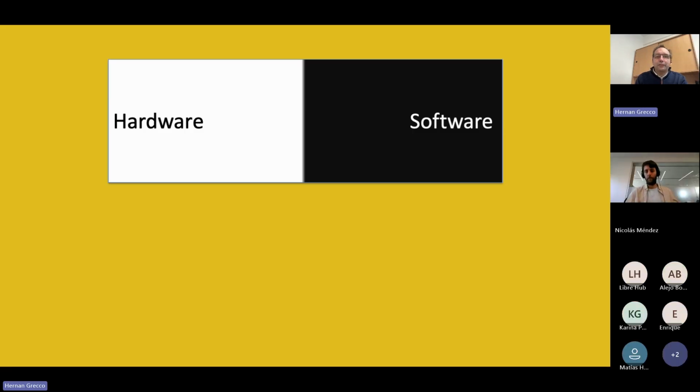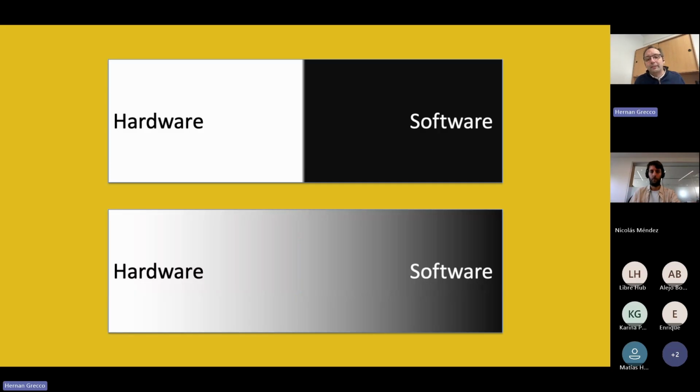So it used to be that we have hardware on one side, electronics, and software on another side, like the code that you write and is compiled to work on those electronics. But nowadays, it actually looks more like this. If you think of Arduino microcontrollers, FPGAs, they are programmable, they are adaptable, and they are increasingly defined by the software that runs on them. We cannot build today a platform of hardware without thinking also in the software, as Tobias was mentioning in the introduction. And also, we require software to control different experiments.